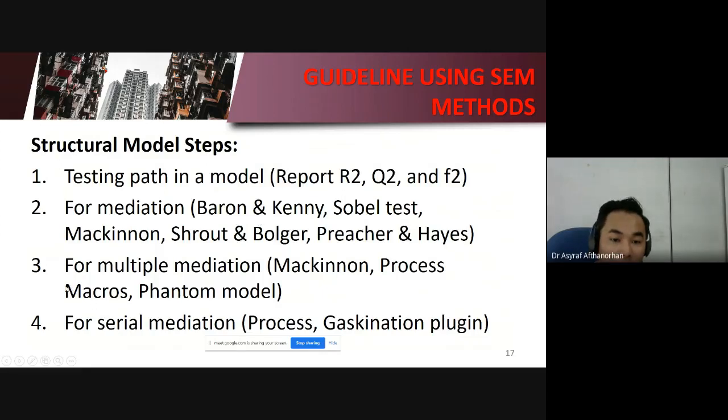But if we have multiple mediation, we still can use the McKinnon process macros. Process macros was actually developed by Hayes and is available in SPSS. But for AMOS, we can use the McKinnon and Phantom model. Some of the latest papers, written by Marko Sarstedt in 2019, say process